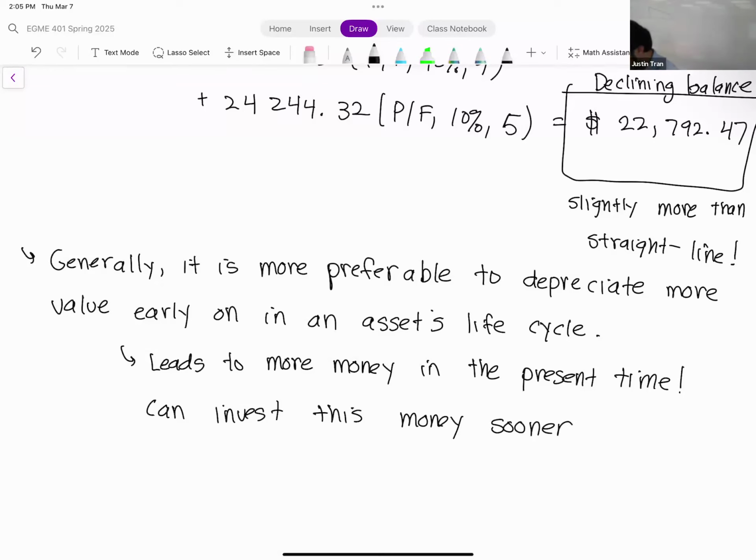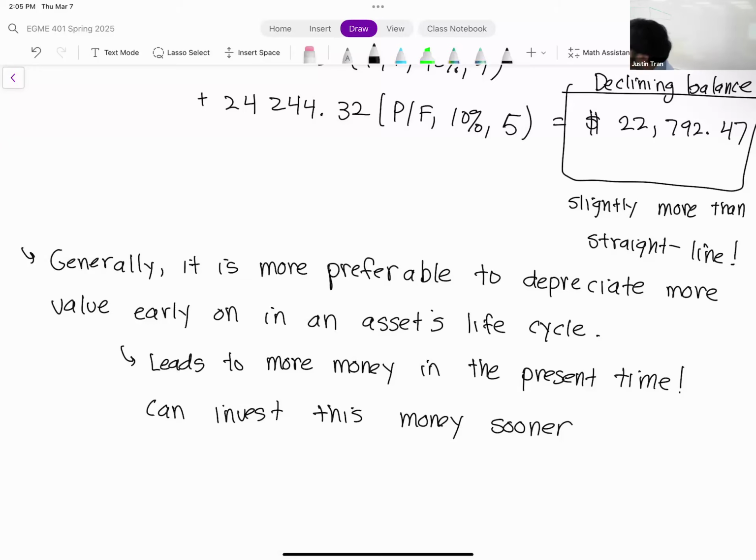Okay. And so even though you're paying more taxes later, it's better for you up front because by the time you're paying those higher taxes, whatever money you saved up front, you could have invested and used to pay for those higher taxes. Okay. But